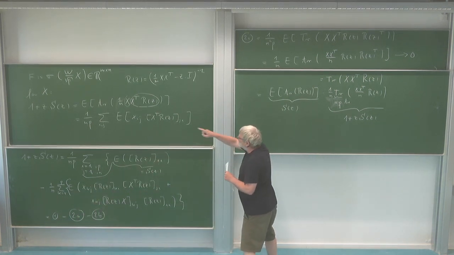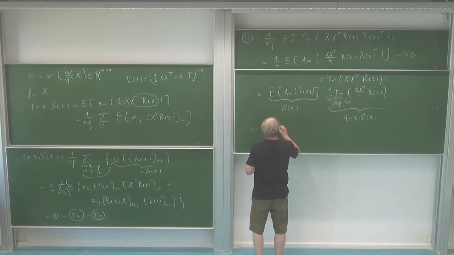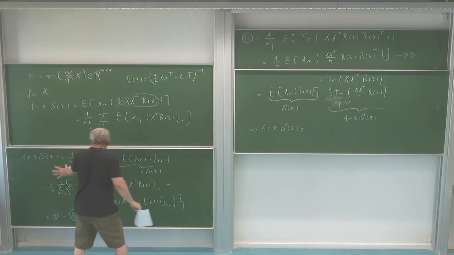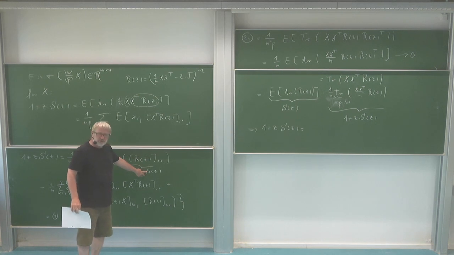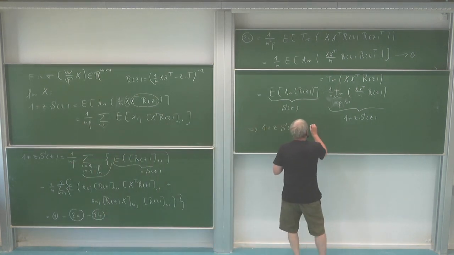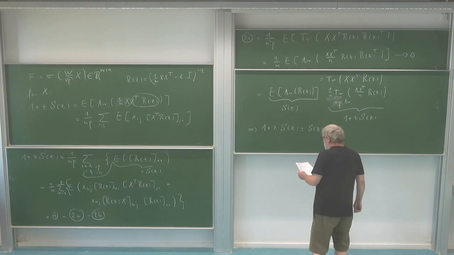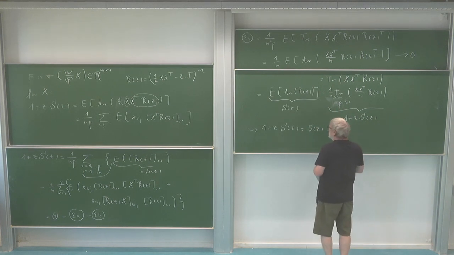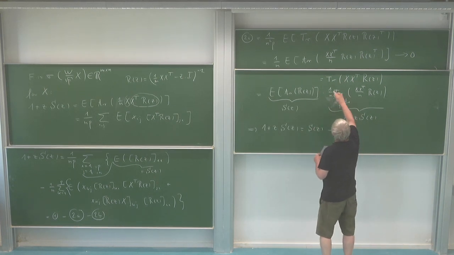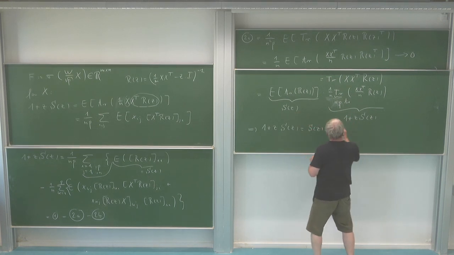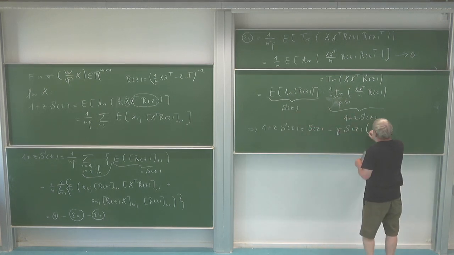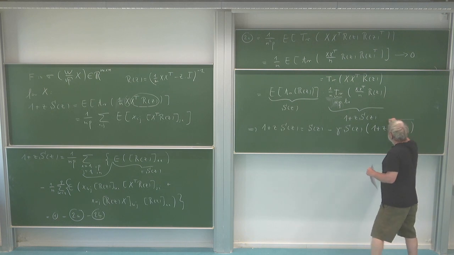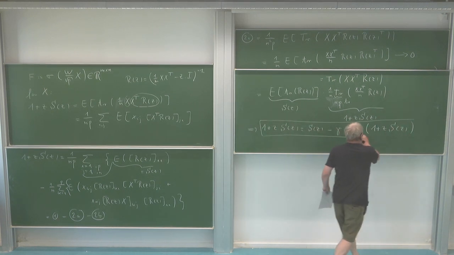So we started from 1 plus z times s of z, and then after our calculations we get the three terms. The first one was easy. This was just the Stieltjes transform. Then the second disappeared, and the third one is the one which we calculated here. It has a minus sign. Then we get a gamma from here. Here we have the s of z, and it is multiplied with this 1 plus z times s of z. So that's the equation which we get here.